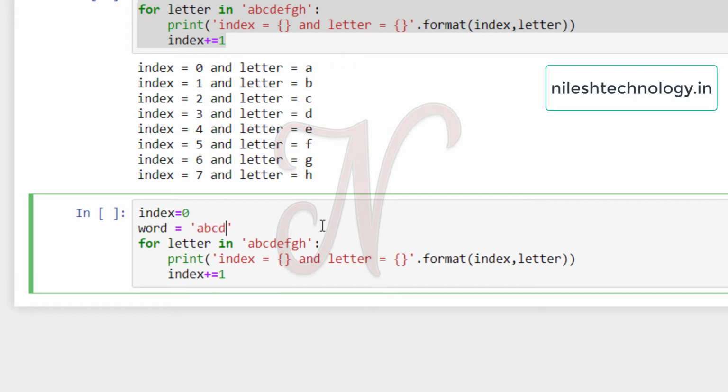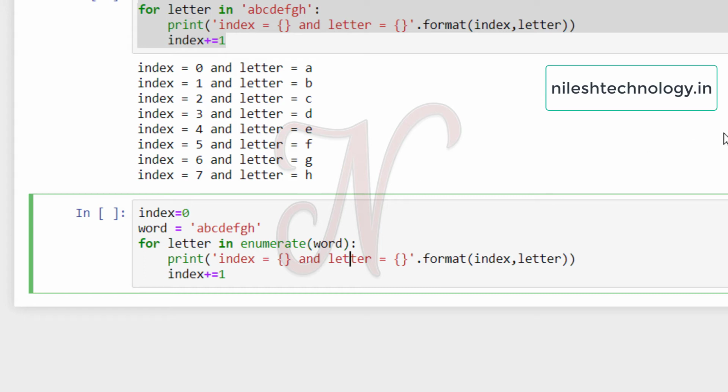Instead of this string we have to pass one variable: word equal to A, B, C, D, E, F, G, H. Index equal to 0, then item in, then here use the enumerate function. Enumerate, pass here this variable.